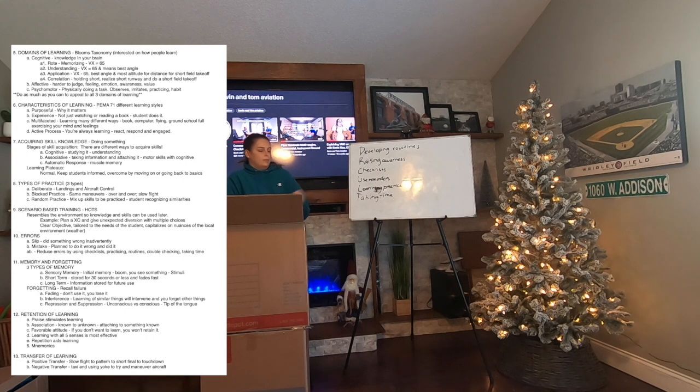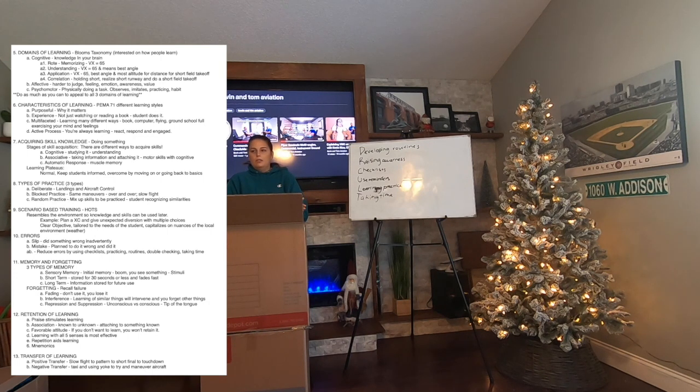Again, with the acronyms, you can use that to aid recall. You want to have meaningful repetition of certain maneuvers. You don't want to just go out, blasting around the pattern with no care in the world about what you're doing. So you want to have meaning. Why are they doing this? Okay, maybe you struggled with this last time, let's work on it. Maybe that's why you're doing it so many times. So that is it for retention of learning.